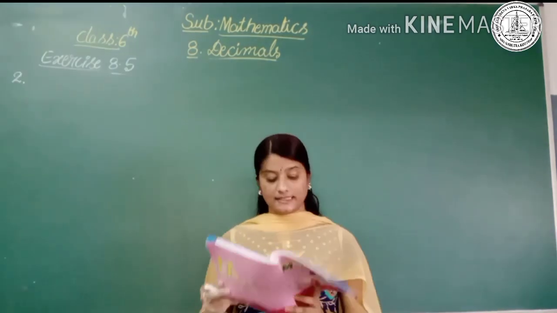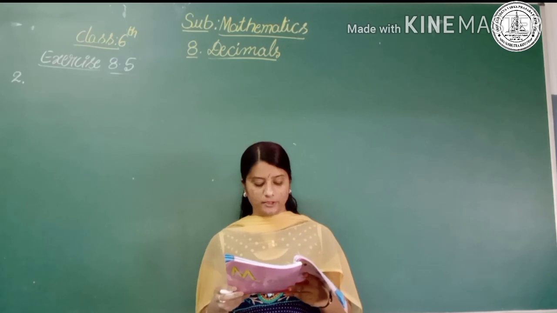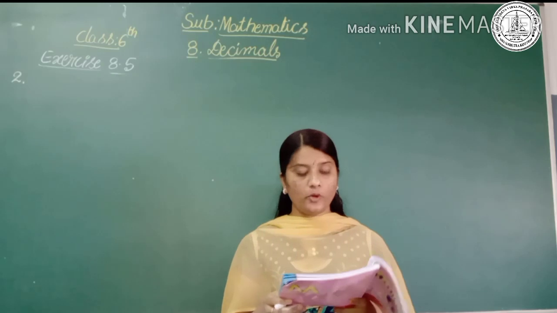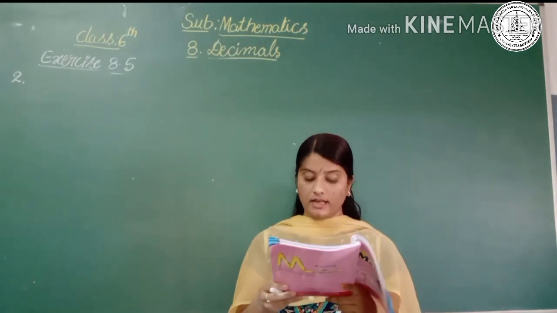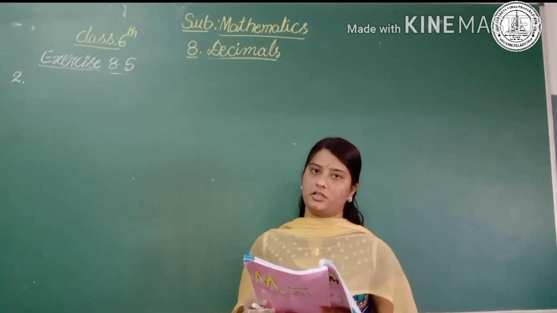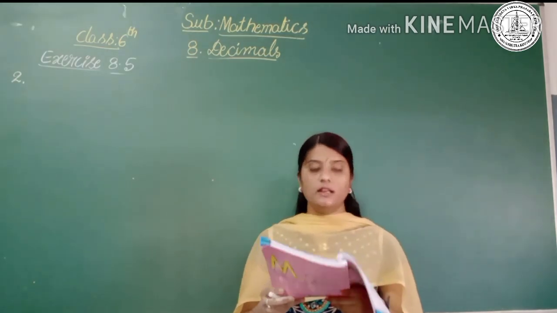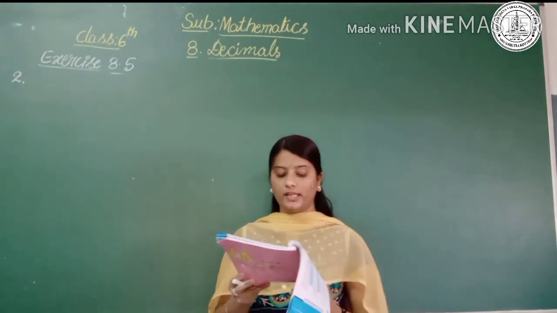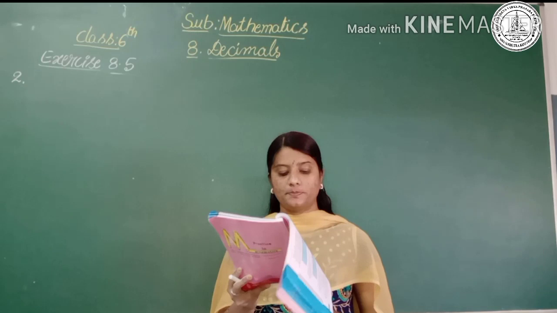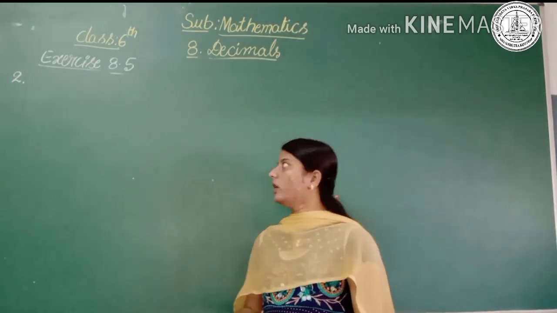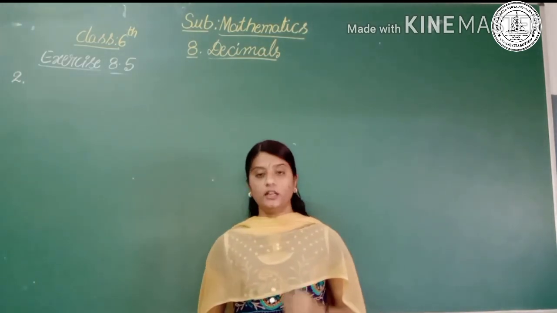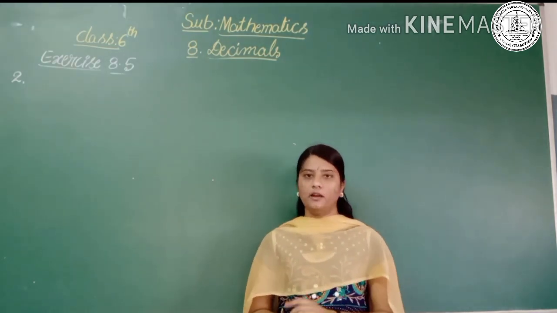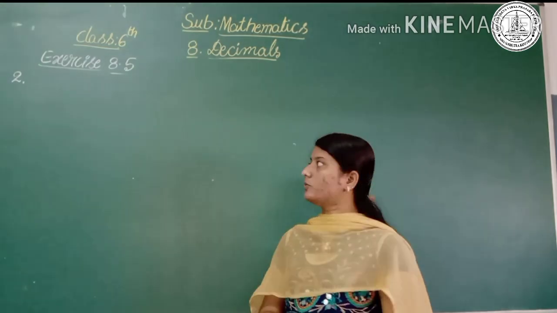Word problems. The second main first question is: Rashid spent rupees 35.75 for a maths book and rupees 32.60 for a science book. Find the total amount spent by Rashid. So here Rashid is a boy. He spent some amount for the mathematics book and some amount for the science book. So here we have to find out the total amount spent by Rashid. Okay, is what we have to do here. Here they are asking the total amount, right? So total amount means we have to find out the sum of two amounts. Okay, is what we have to write.